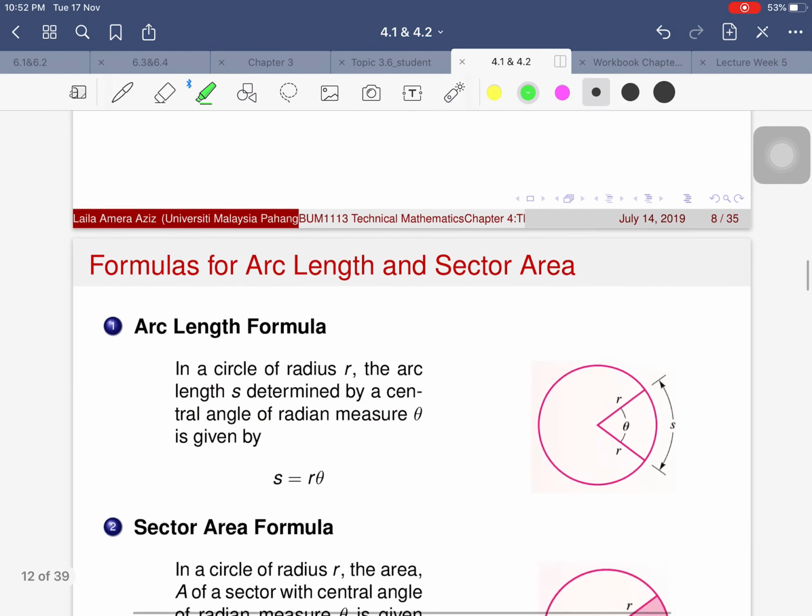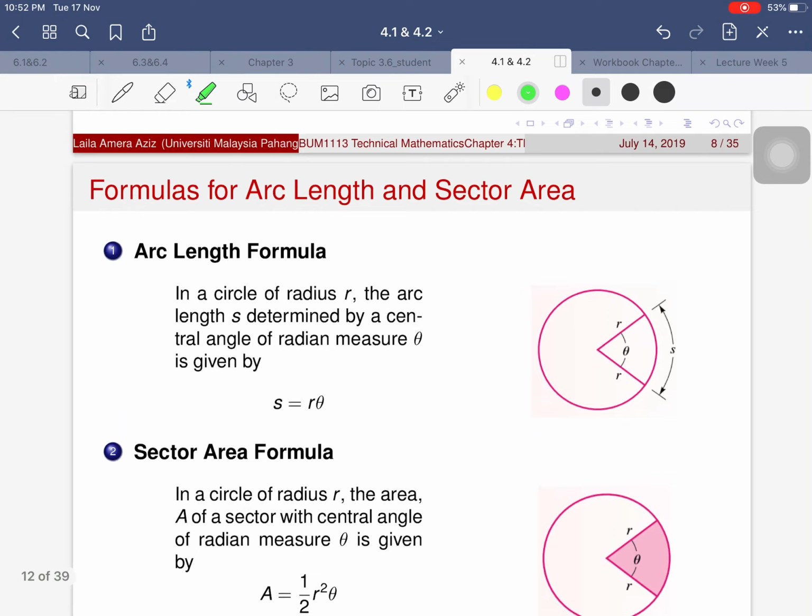Okay, now let's talk about the formulas for length and sec